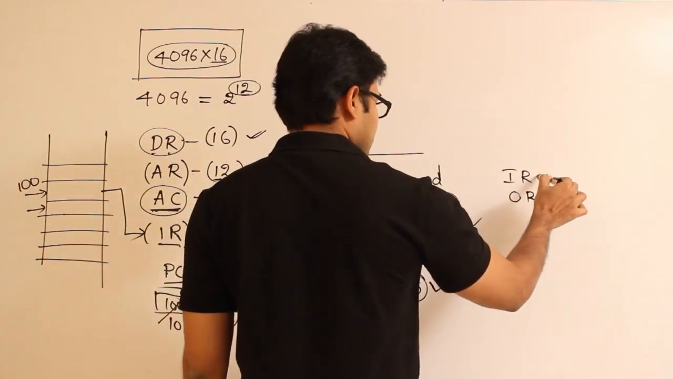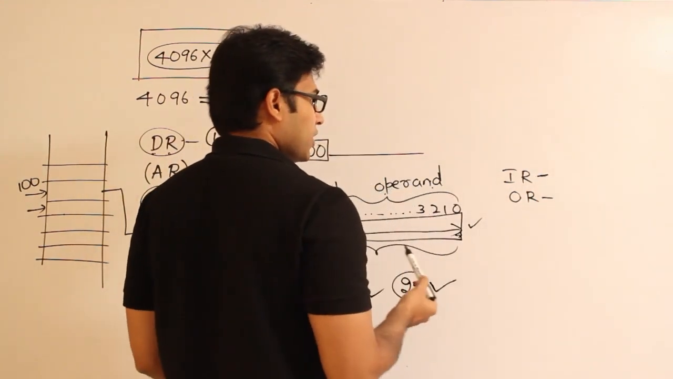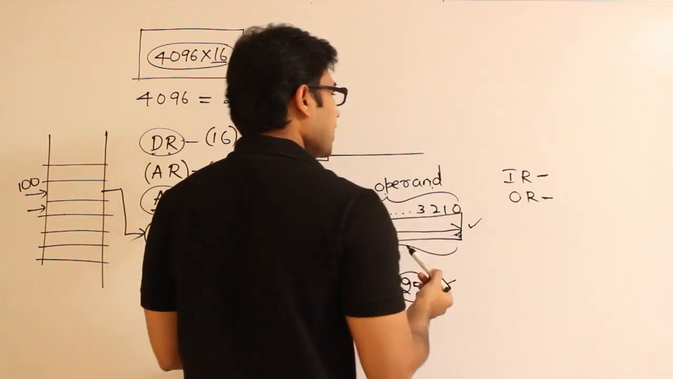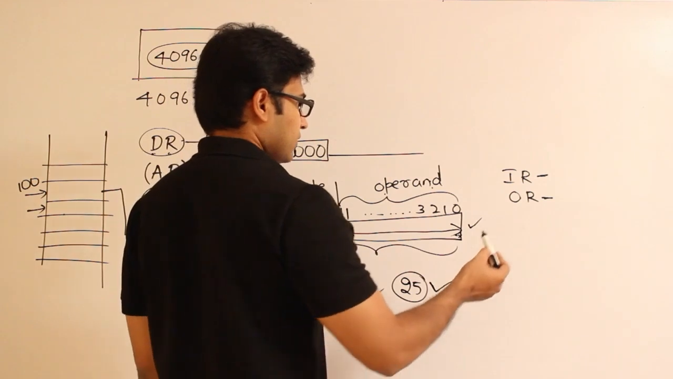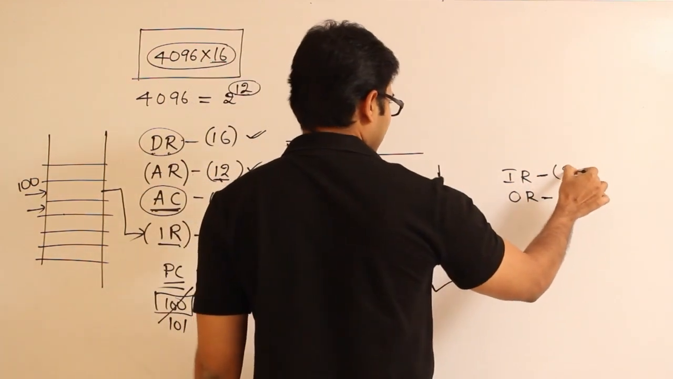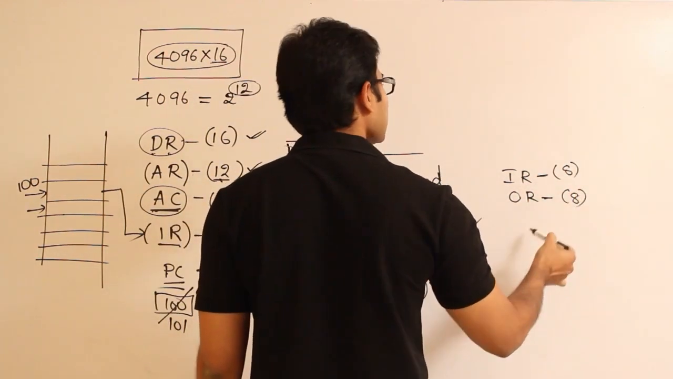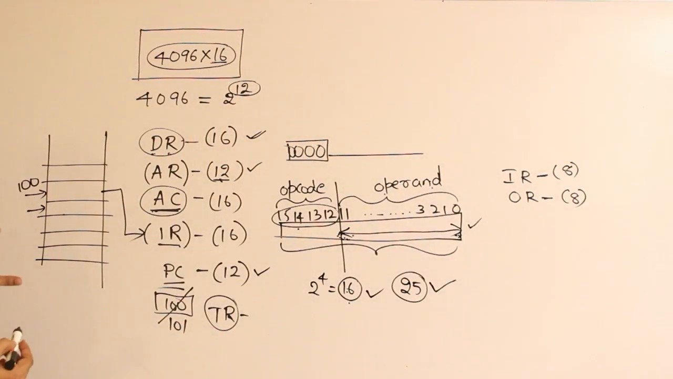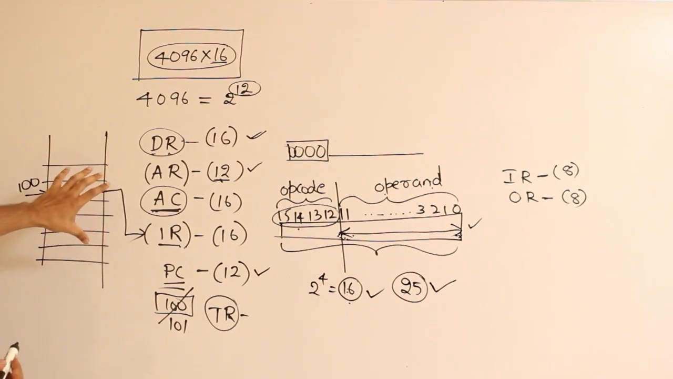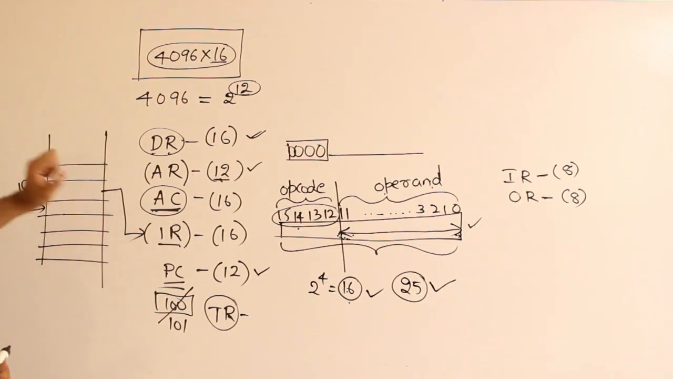So input, let us assume that we are going to get it from the keyboard, and output, let us assume that we are going to write it on the screen, or print using a printer. Anyway, I'll assume that both are 8 bits, just for the sake of simplicity. That's it. So now I'll assume this basic memory and these basic registers, and then instead of